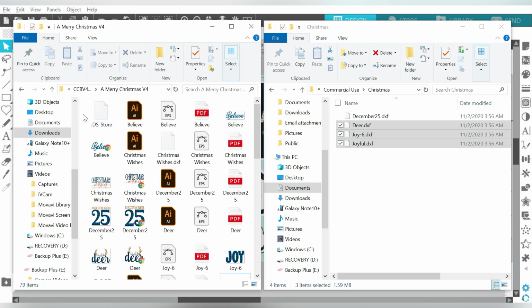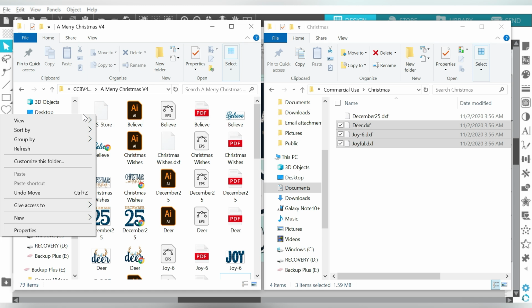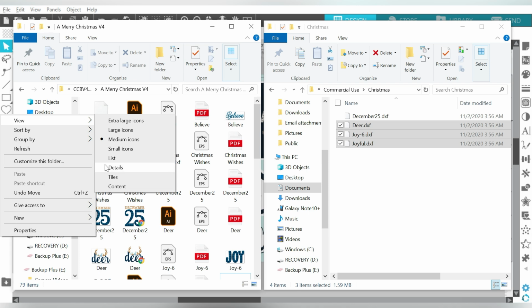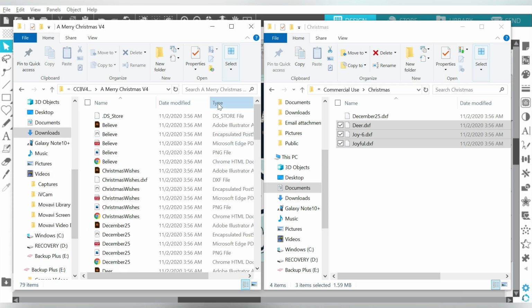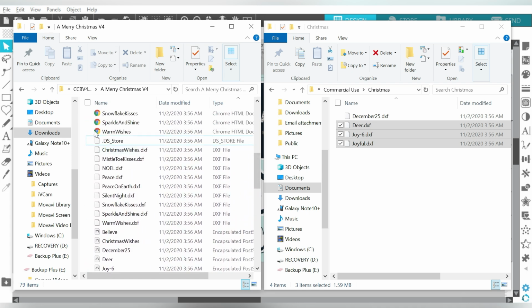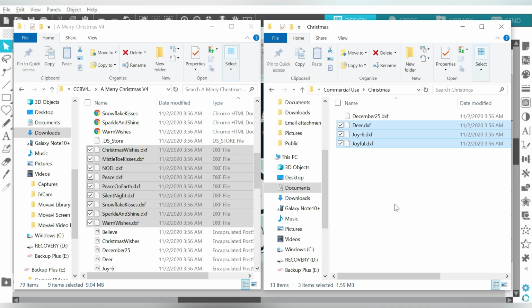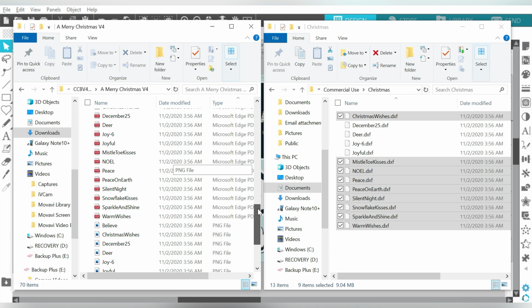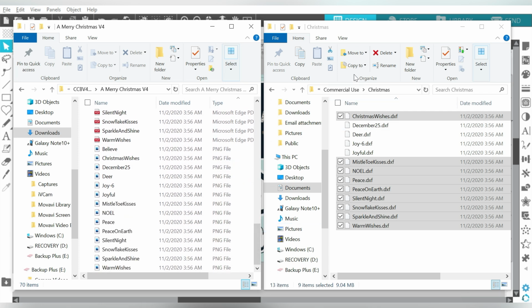All right, one more cheat. Say you're like, hey, I know these are all Christmas. I don't care about a preview. Well, let's go back to viewing these by details. And this is where that sorting by type comes into play. I can come down here and say, okay, these are all DXF files, and I'm going to drag and drop all of those over here. And then you say to yourself, well, I have started playing with sublimation, so maybe I need more than just the DXF files. Okay, maybe I want these PNG files.